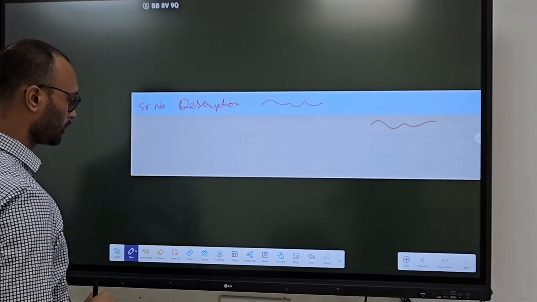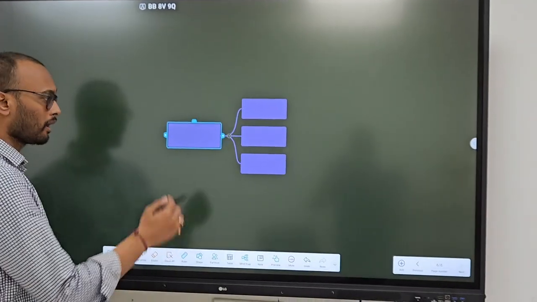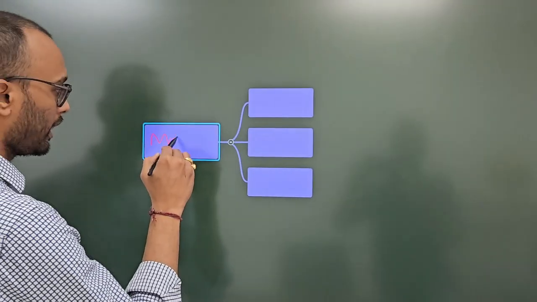Serial number and all those things, you can write it up. Same thing, you will have a mind map. Basically, this is your hierarchy. If you wanted to write your manager,